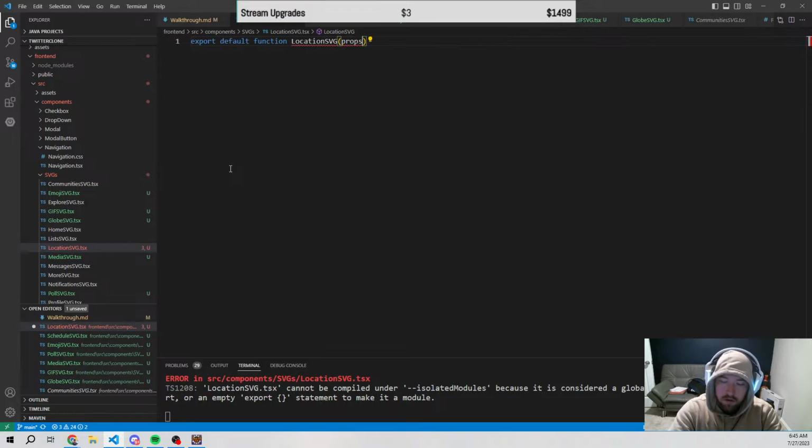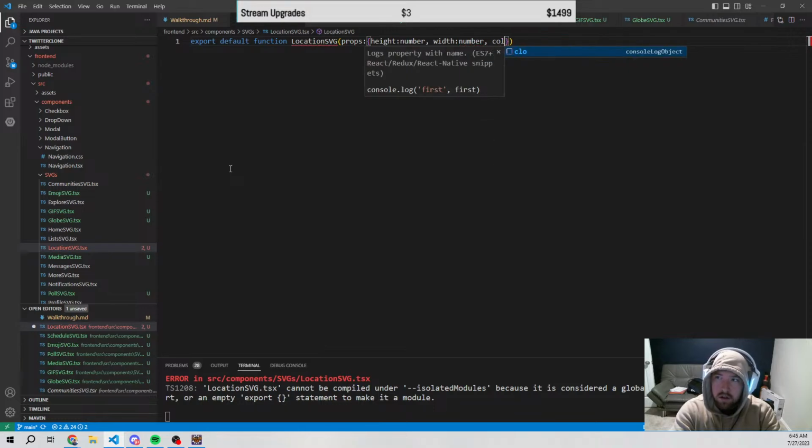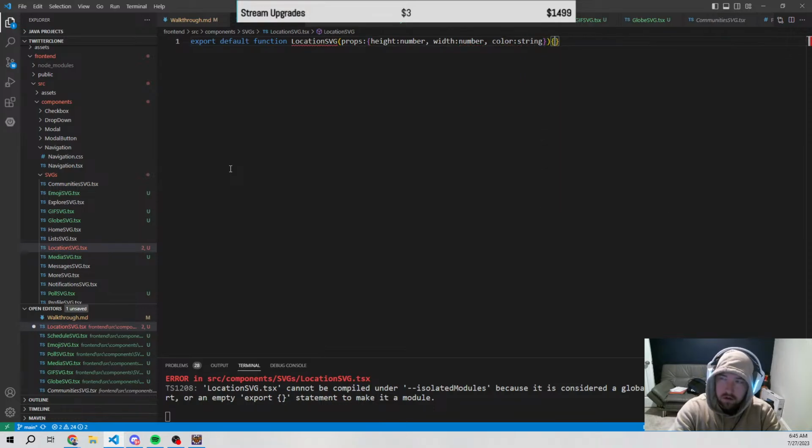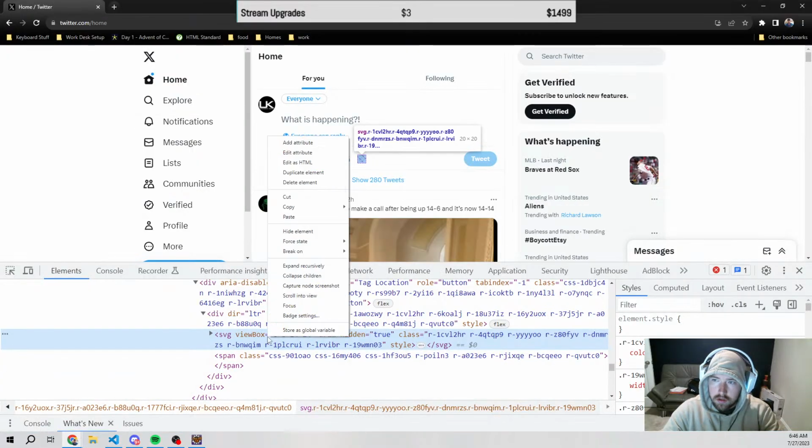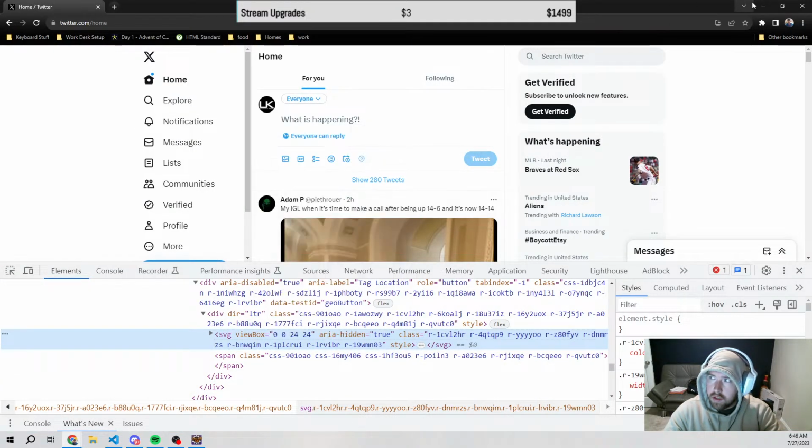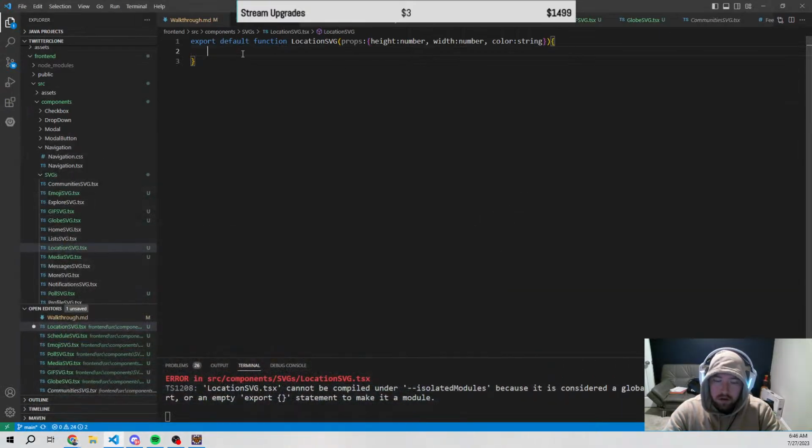Props will be height number, width number, and color string. And honestly, we can literally do this super easily without having to actually do anything. So now what we'll do is we need to grab this guy, this SVG. I have an idea of how to fix all this. So we'll return